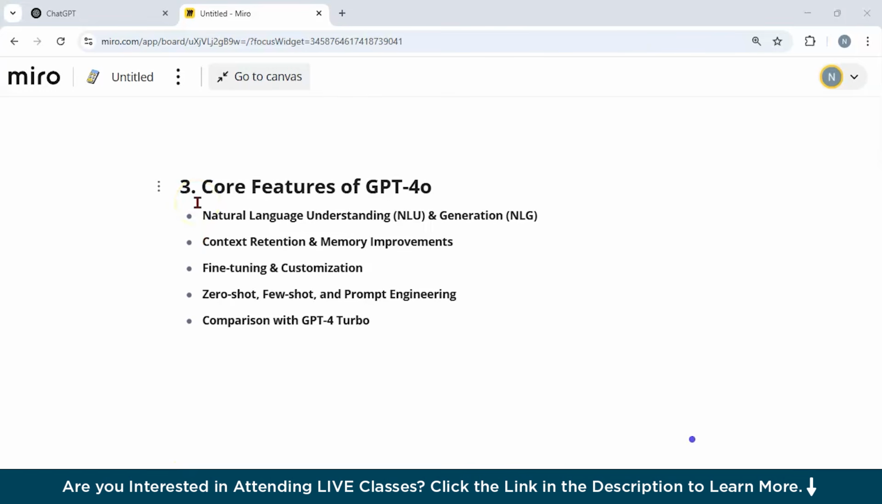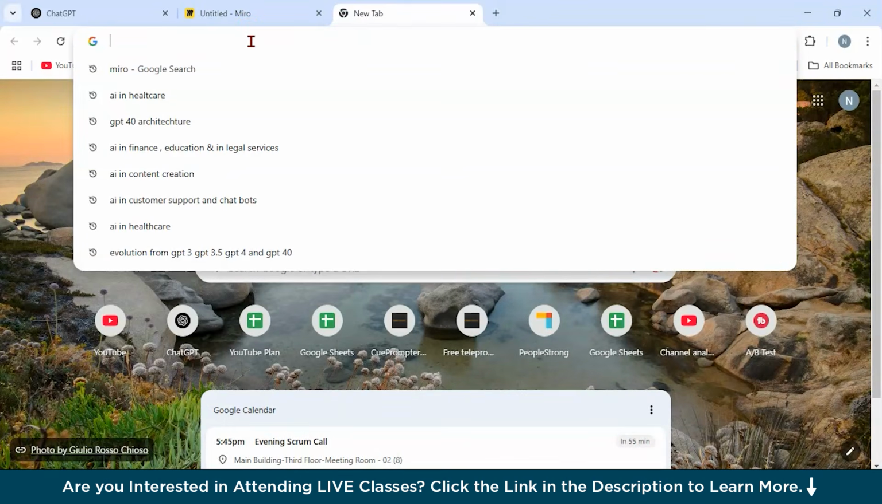Now let us start with some of the core features of GPT-4o. The first one is NLU, which means natural language understanding. GPT-4o is actually better at understanding complex queries compared to its previous versions. It can grasp intent, context, and emotions from user inputs, making conversations feel more natural. It has improved in handling ambiguous, nuanced, or multi-part queries, thus reducing the misunderstandings. It has stronger multi-turn conversation abilities, meaning it can remember context better across long interactions. So for example, suppose we open this article,